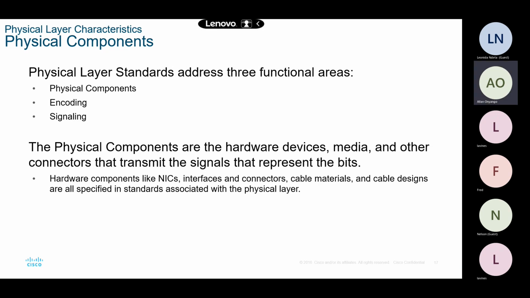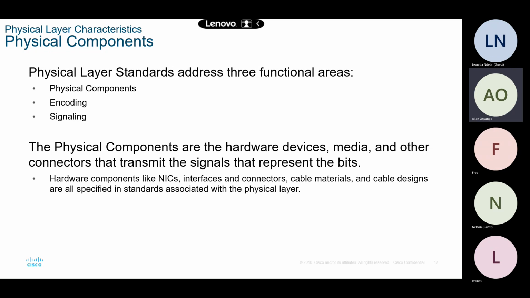Okay. It is the physical component of the network. The physical layer is the physical component of the network. What do I mean by the physical component of the network? What I mean is that the physical layer is composed of most of the hardware components of the network, like the adapter, the network interface card,